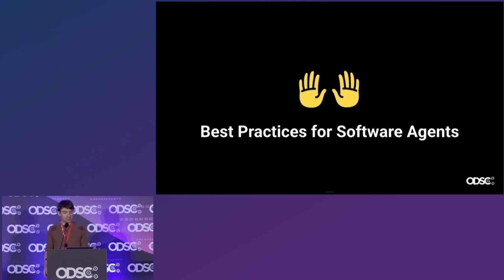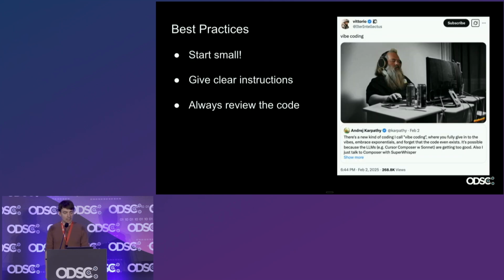So I just want to talk a little bit about best practices for actually using software agents now that we've talked about what's going on under the hood. My biggest advice is to start small. I think a lot of people will show up to a coding agent with very high expectations. They'll be like, okay, go make a clone of Facebook, and then they'll be disappointed when the agent just falls over in the middle of that task or doesn't quite get there.